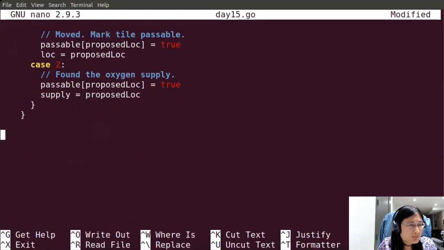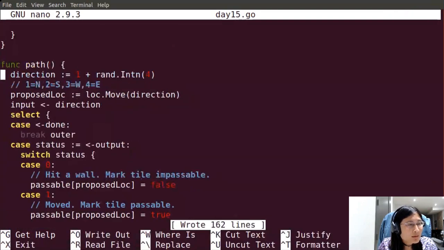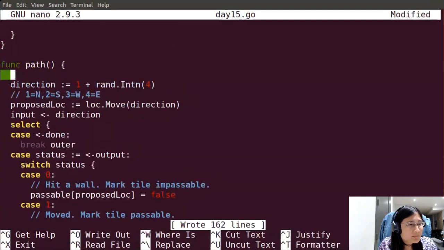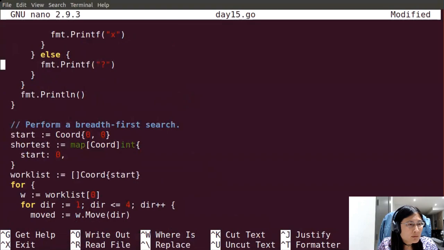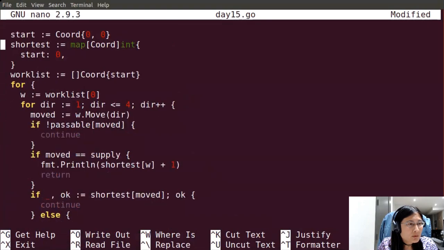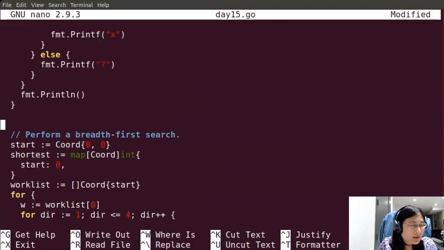Oh, whoops. Okay. All right, how do I do this? Oh, and I also need to separate the BFS into a separate function.